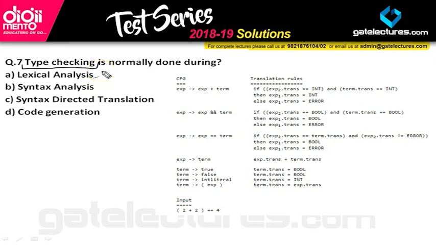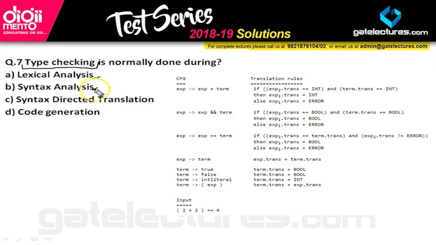No, in lexical analysis we create the lexemes, and white spaces and blank spaces are removed. That kind of work is done by lexical analysis, not type checking. There might be confusion there. You might think that it is done by syntax analysis. No, syntax analysis is actually done by the parsers, and they make the parse tree to check whether the syntax is correct or not. Suppose we are giving an expression or a grammar, we will check if the given string follows the perfect syntax of the given program or not.